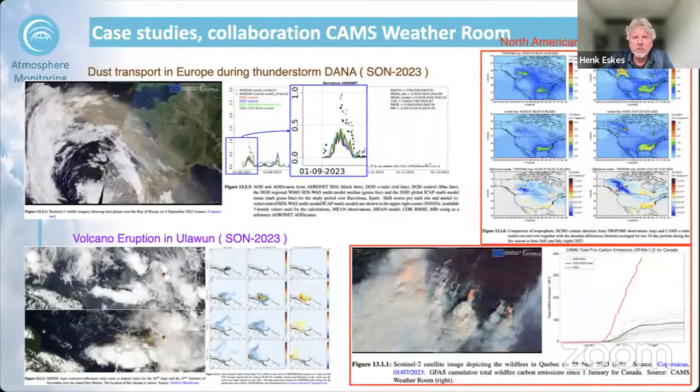Another thing that we do in CAMS is evaluate major events that happen in the atmosphere. And this is done in collaboration with the CAMS Weather Room, with Mark Parrington, who is leading that and who is also organizer of the school. So yeah, there are different events, I will not go into detail, and the slide is a little bit crowded,